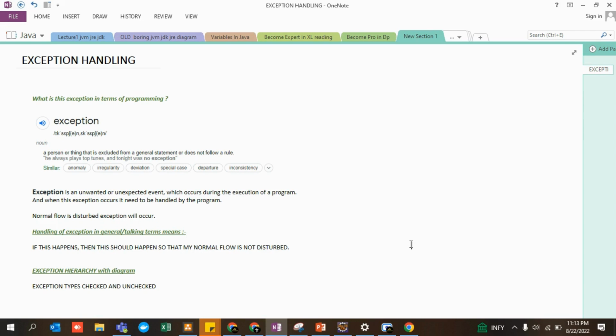Let me make it very clear, but depending upon the mind of your interviewer, how much he or she gets involved, how deep they go, it totally depends. So you need to know a little bit of deeper stuff as well. It's not very deep, but at least you should know, right?